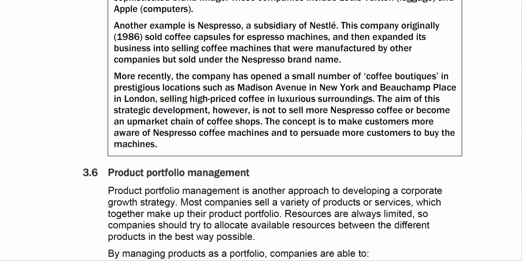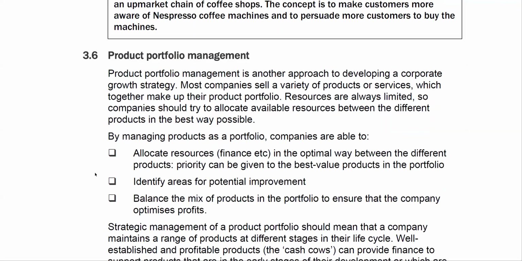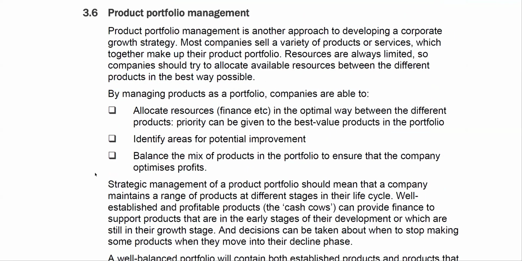Now, the aim of this strategic development, however, is not to sell more Nespresso coffee or become an upmarket chain of coffee shops. The concept is to make customers more aware of Nespresso coffee machines and to persuade more customers to buy the machine. Okay. So the next area of your growth is to look at product portfolio management,